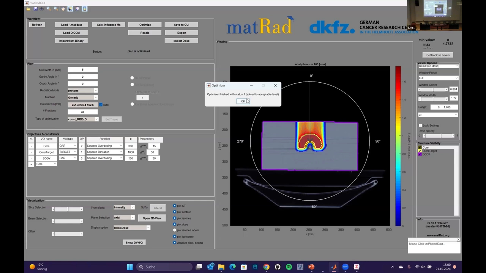I always like to give a little bit of side information for the interested students. Okay, and now we have a proton beam. This is one proton beam, and we can already look at the